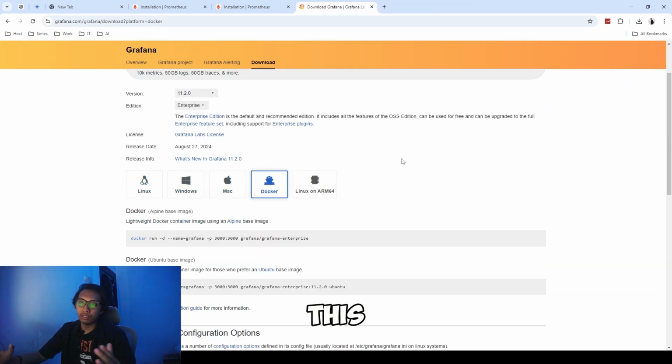But for the sake of this tutorial, please use Docker, because it will be easier and it will make our application much simpler. So if you want to follow this tutorial, or maybe just watch it, you can try using Docker. If you want to use a binary, it's no problem, but for this tutorial I will be using the Docker installation.